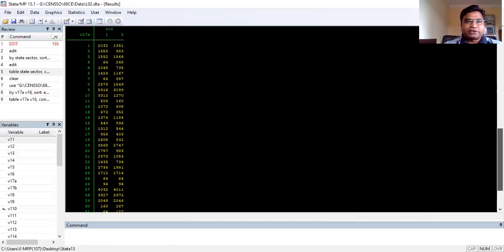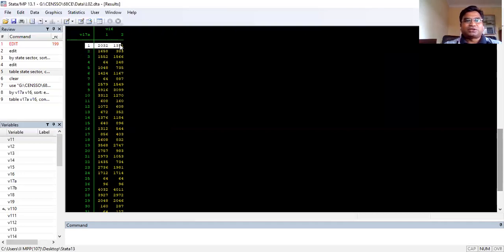You can check, these are the state codes, right? So state code 1 is for Jammu and Kashmir, state code 2 is for Himachal. You might be thinking, how am I telling these are the state codes? You can get into the supporting documents, and the supporting documents will have a separate document called state codes. You will have another separate document for the district codes. So you can look at the state codes and district codes from there.